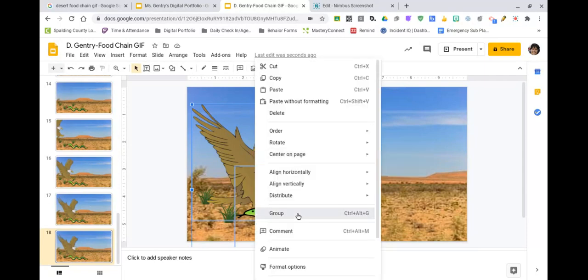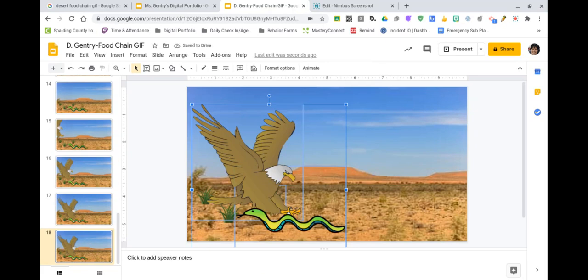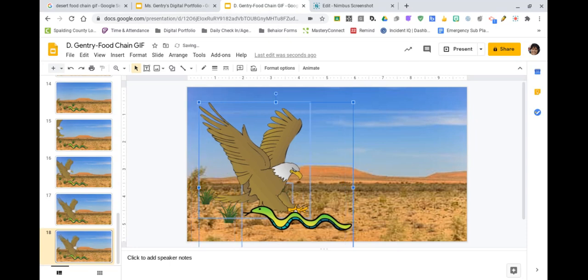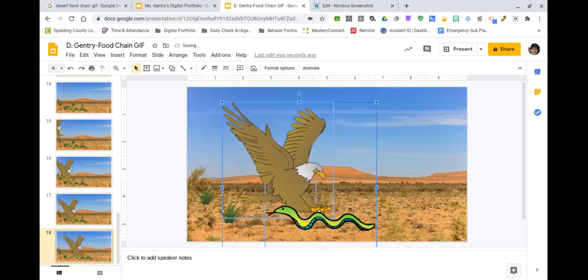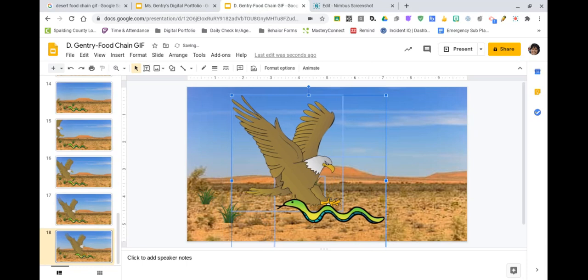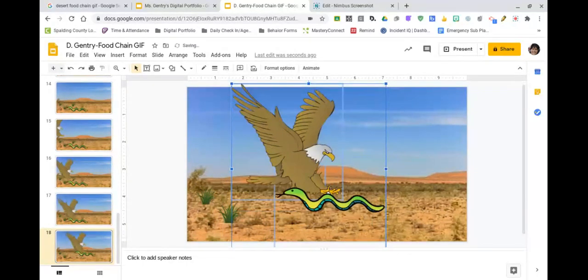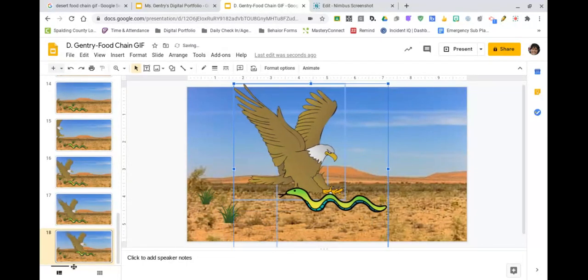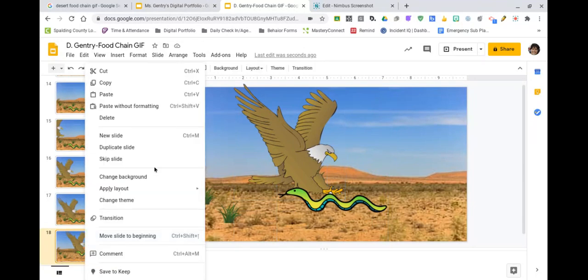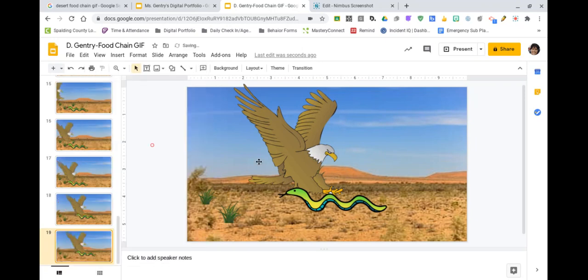and group. That way in this next one, when I move this, because now I'm going to click up and over, it has grouped the hawk and the snake together. Now, hopefully there's nothing else there. If you have tufts of grass and stuff, sometimes they can accidentally get stuck in there. So duplicate again, and